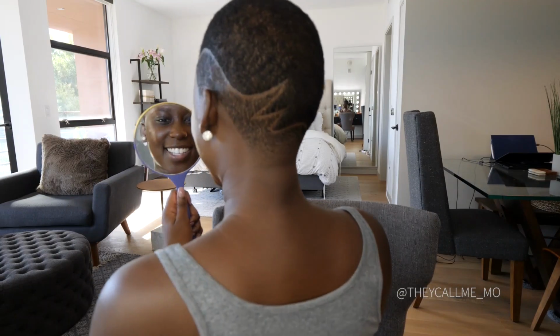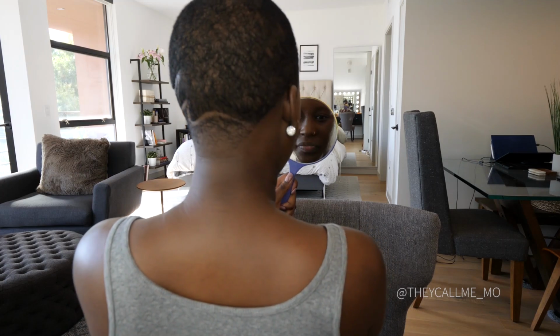So I had to just make the decision to cut my hair off again, and I was a little bit sad about it, but honestly, low key, high key, I prefer to be bald. It's so much easier. I don't have to do anything extra to zhuzh my hair every day or take care of it. I just keep it cut every week. Let me show you guys my little design. So this is my design,